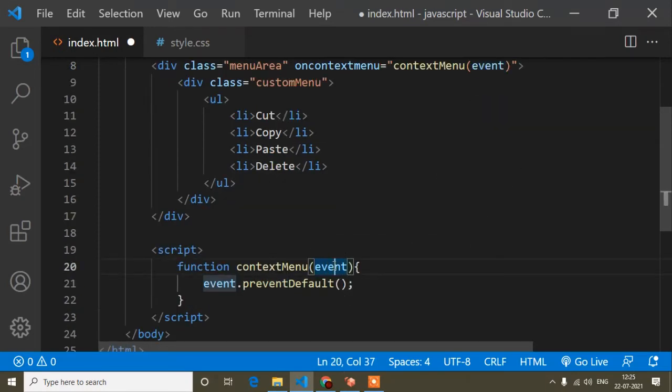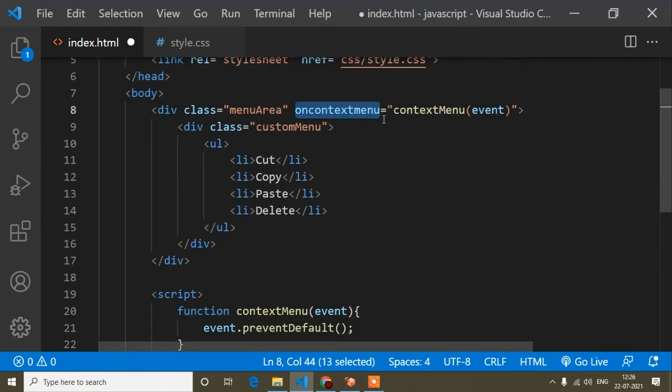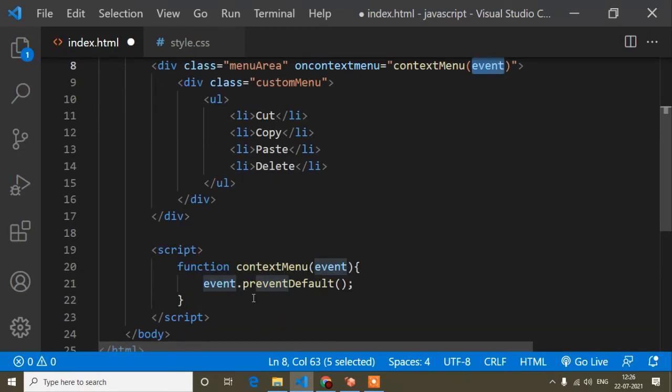Whatever you want, like you can write A. So now the event will be listened to by this parameter, and I will get it in this parameter. So here you can write anything, but you have to write the same name here. Okay, so now guys, here I will pass the event. Now event.preventDefault, because this is the context menu event, which means it's a right click. So when I right click and I'm passing the event, it will return the context menu event, and this event I have made preventDefault, I mean just prevent this event.